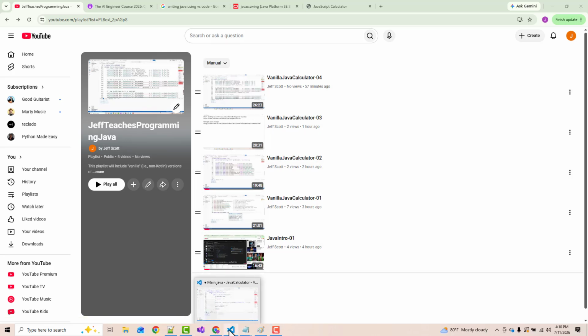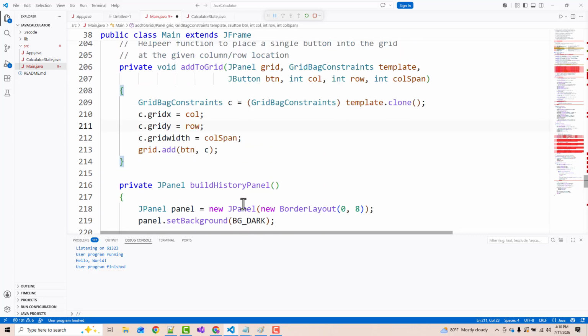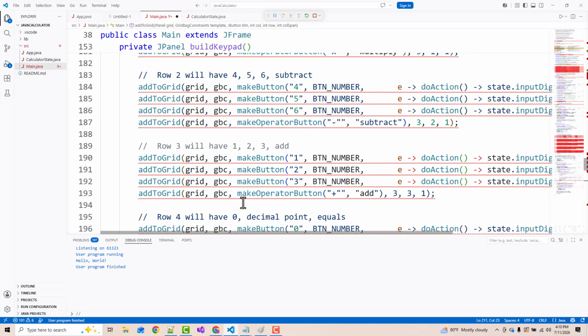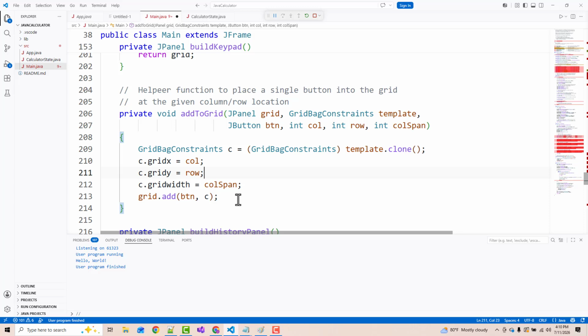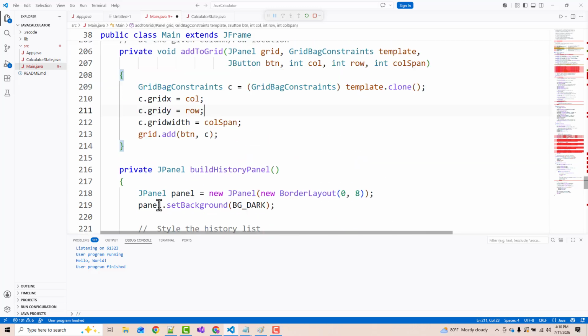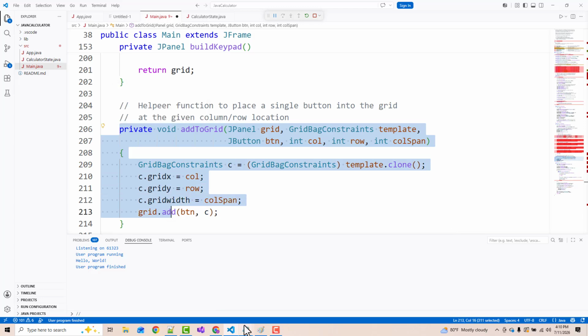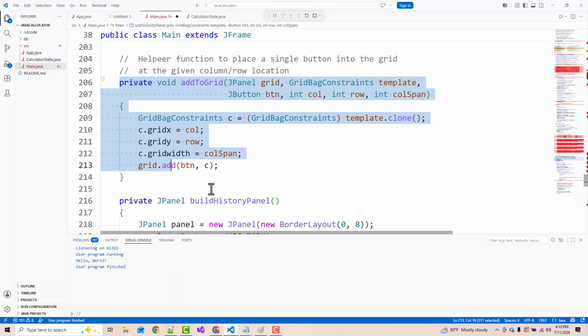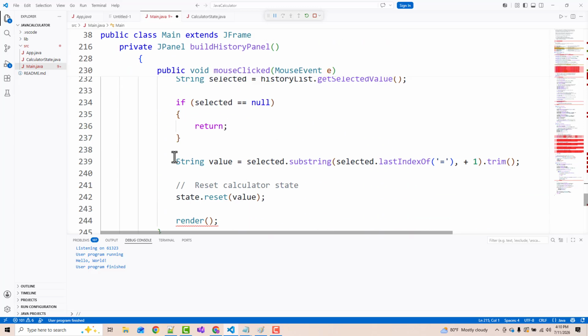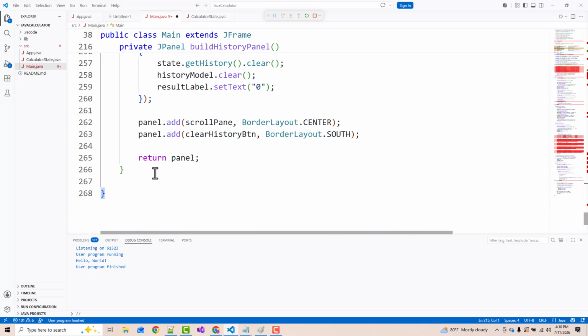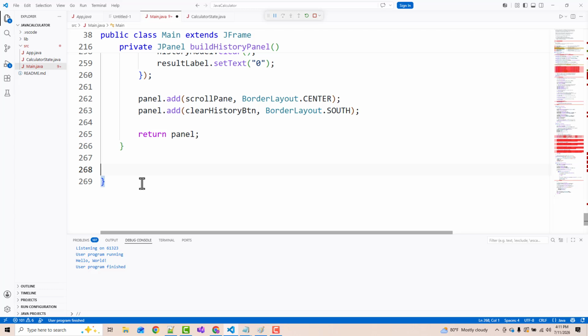I wanted to show you first that I screwed up, and that is this add to grid. I put all this stuff underneath it. It shouldn't have been there. Add to grid is very small. That's it. And this is building the history panel, and it now works. Okay. So now